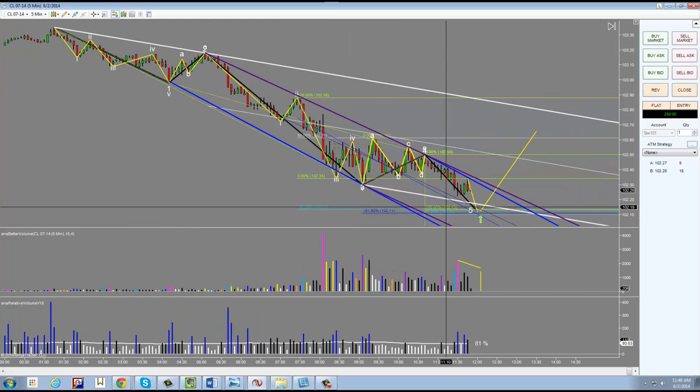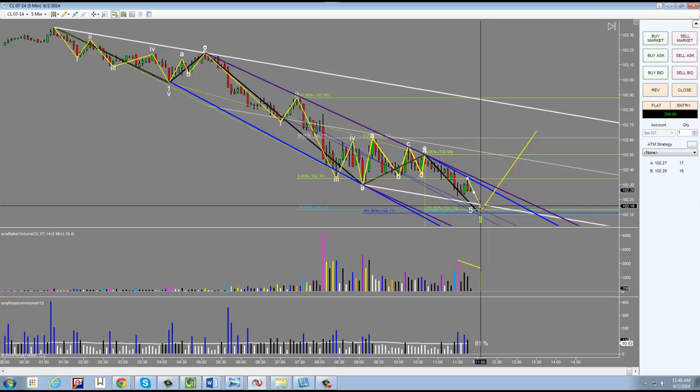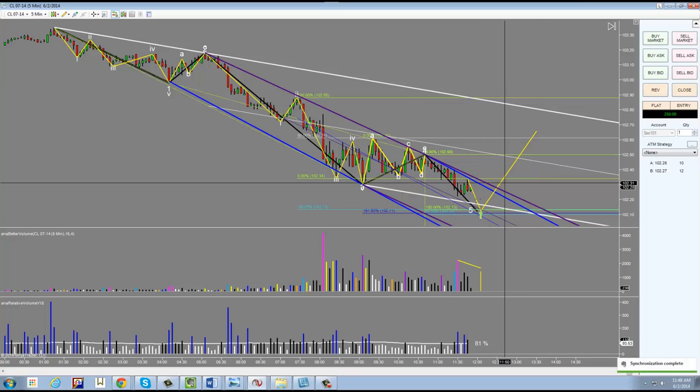We're really shooting for the midpoint of this down sloping channel. So this would be right here at that exact point, time and price right there. If we could make that spot right there in time and price, then we could expect a lot of volume come in at that